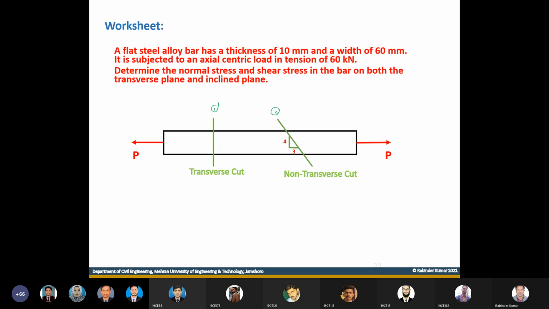Zero 60, are you there? Yes, sir. Okay, what will be the value of normal stress? Sir, 100. What will be the units? Okay, 100 watt, 100 KSI, 100 PSI, Newton per millimeter square. And sir, shear stress will be 0. Okay, so shear stress is 0 and the normal is 100. My question is still same. What will be the units? Units are very important, okay? Newton per millimeter square.